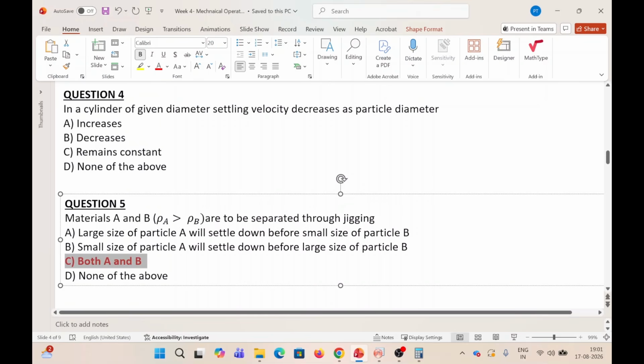Now come to question 4. In a cylinder of given diameter, settling velocity decreases as particle diameter increases, decreases, remains constant, and none of the above. Remember, the expression is